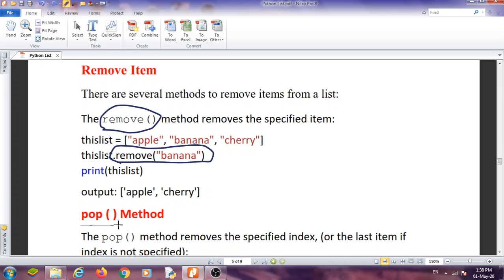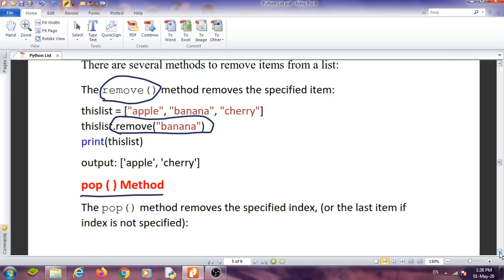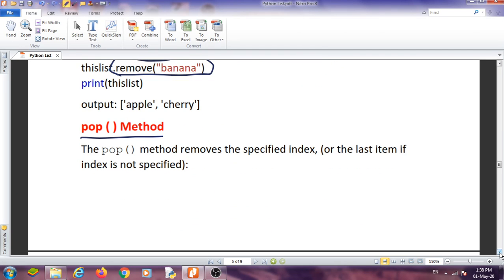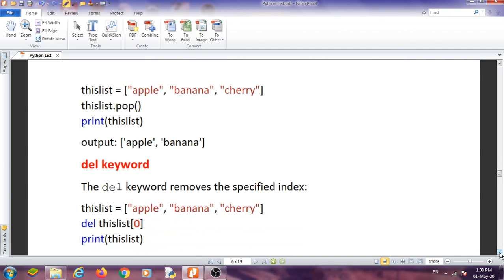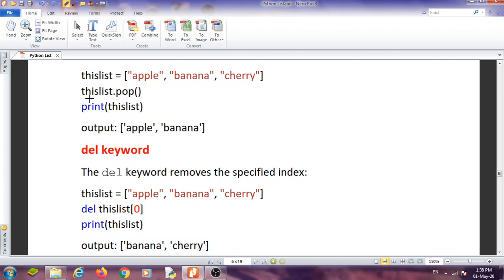The pop function, how does it work? The pop function will remove the element from the end of the list. If the index is not given, it will remove the last index element. But if we have an index, we can also provide the index to the list. For example, this list dot pop, cherry will be deleted because it is the last index element. So the result is apple and banana.